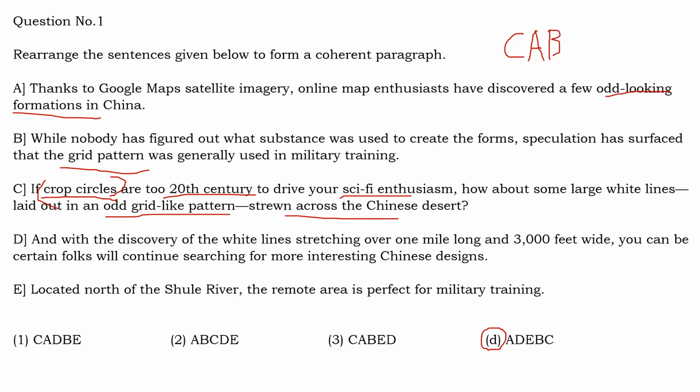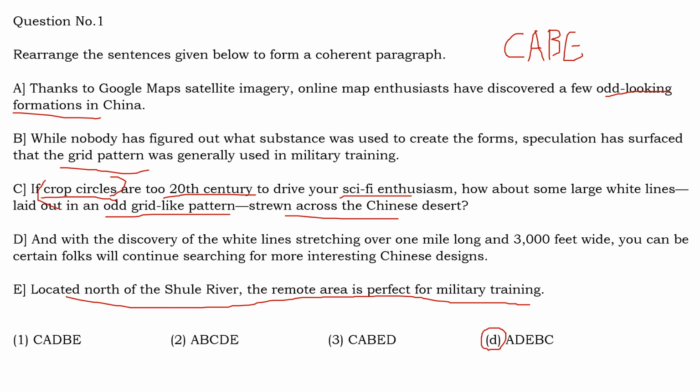Then the sequence becomes easy. If it is done by military, then there is a reason why military might have done this, because this particular grid like pattern is found in an area north of the Shul river, and that is a very remote area, nobody is living there. So that is perfect for military training. So this is giving you a reason why military might have done this. And then you can say the concluding sentence: